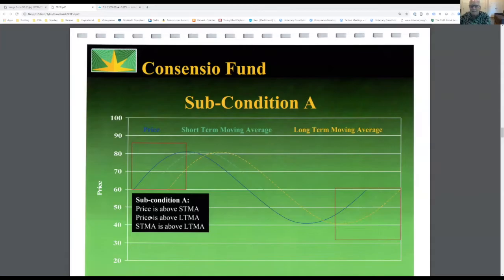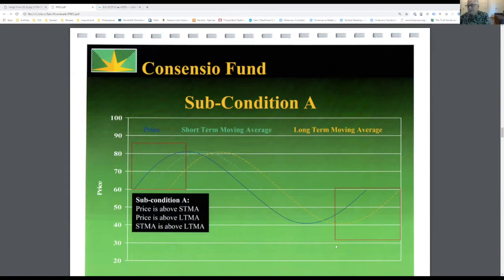Okay, that's condition A. Price, the blue line, is above the intermediate term, which is above the long term, and the short term is above the long term. They're all going up together. This on the far side, and we'll get to it in a very quick second, is another bull market. So we're looking at two bull markets, in between which is a bear market, in between which there is all of this confusion